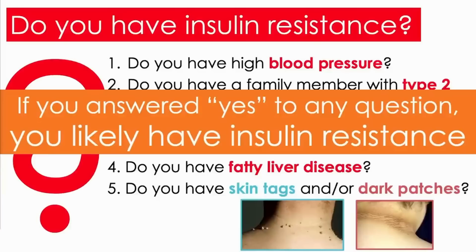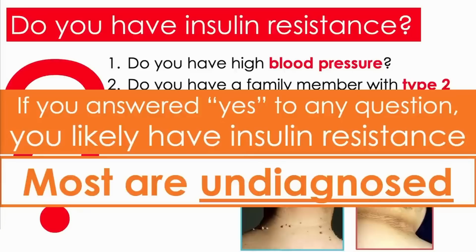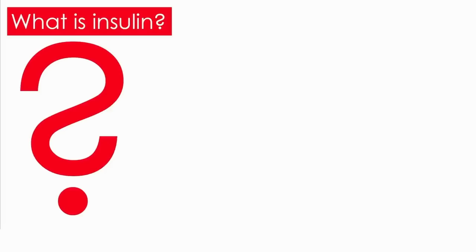But if you answered yes to any one of these, or the person you're thinking of, they very, very likely have insulin resistance. Each one of these is a sign, independently of the others, of a metabolic problem. And this is why the problem is likely much worse. Because you could have someone, say, with skin tags and/or acanthosis nigricans around the neck, but they might still have a normal blood pressure, and they might not have any other issues that would typically be identified as being metabolic.